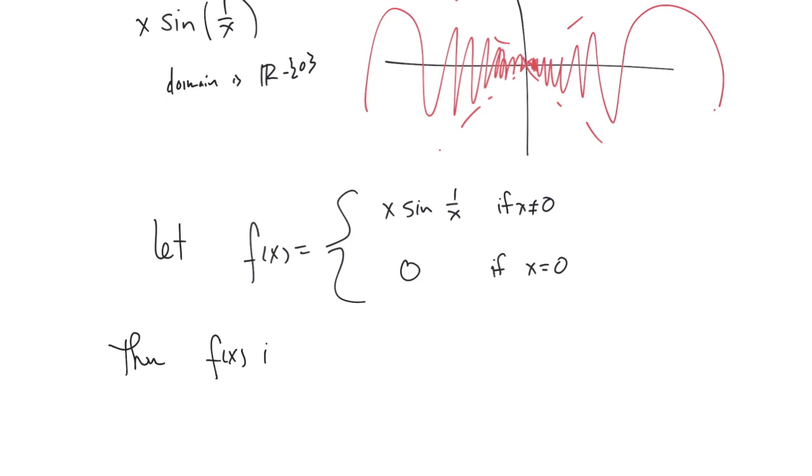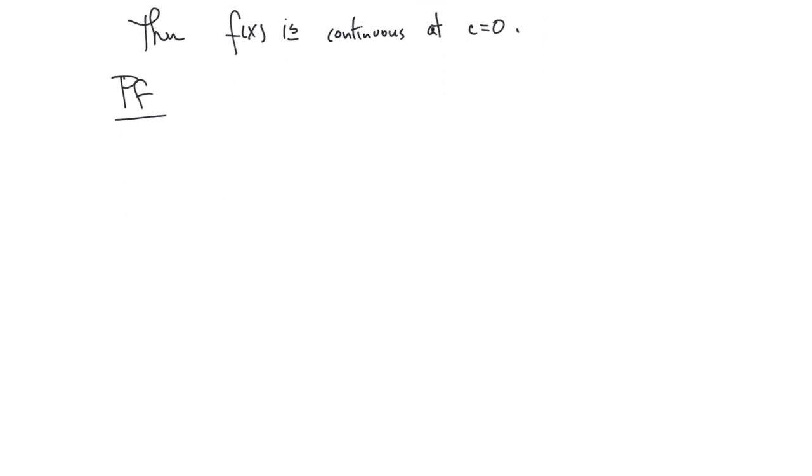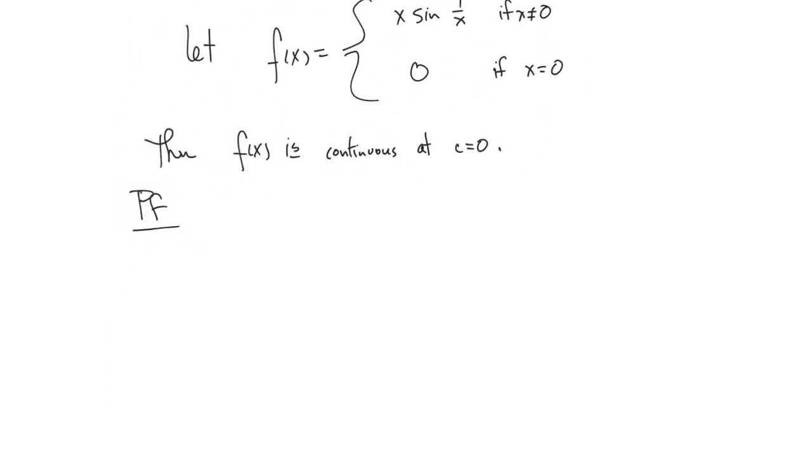f of x is continuous at c equals 0. Let's see if we can demonstrate that. I better leave the definition there. All right. We've got to do this with the epsilons and all that. So I'm going to say let epsilon greater than 0 be given. And then we'll find delta greater than 0 such that